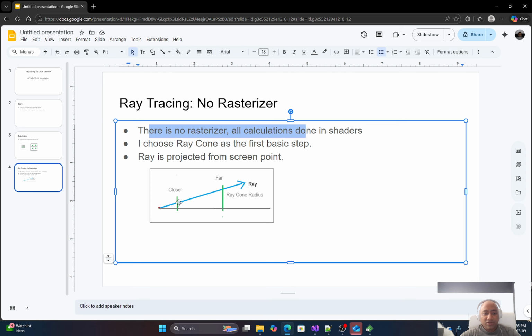As you see, if it is closer, the ray cone radius is very small, and as we keep going farther, the ray cone radius increases. So imagine this as a ray. I should have drawn the other half also, but this is what happens as the cone radius keeps increasing as the object is farther and farther away in the scene. So using this theorem